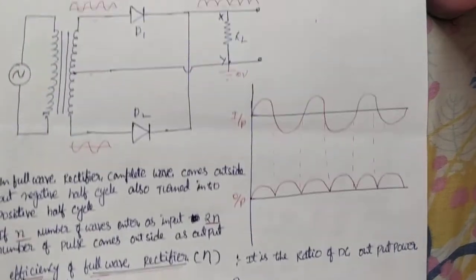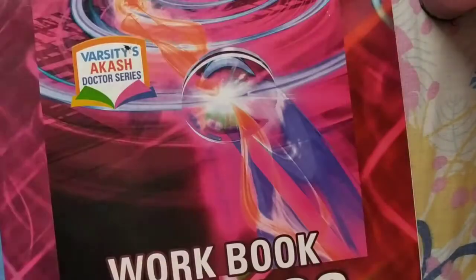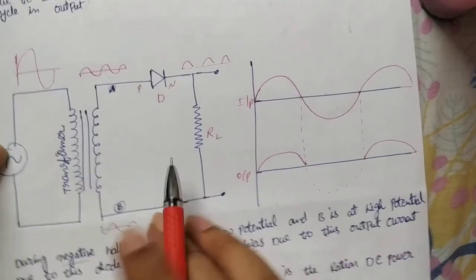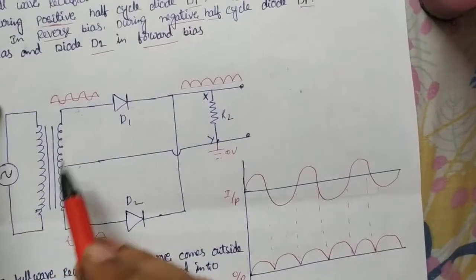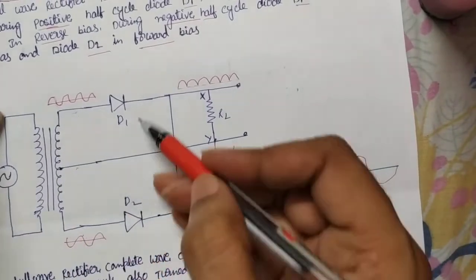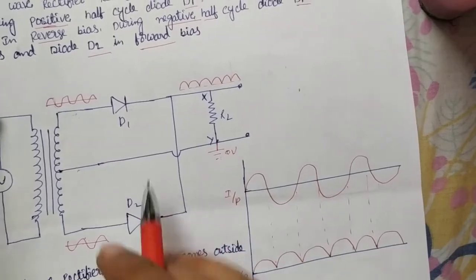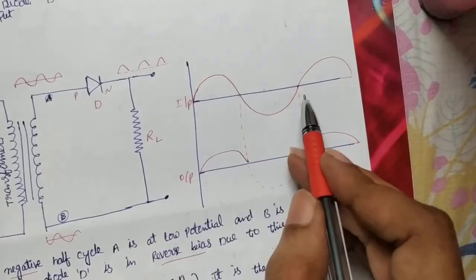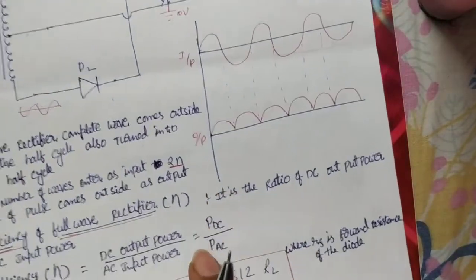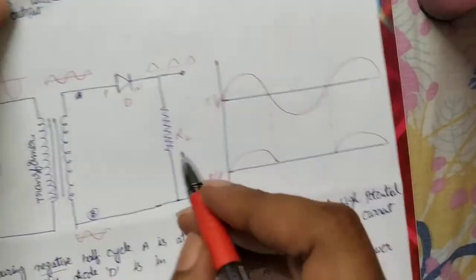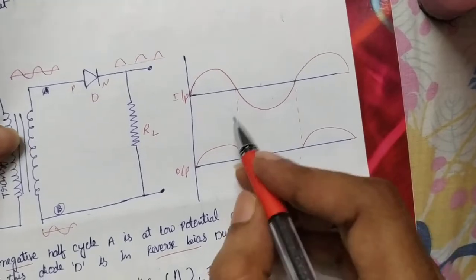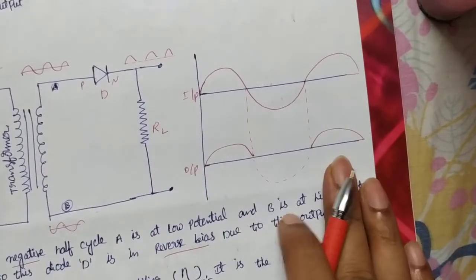What is the difference between the half wave rectifier and the full wave rectifier? There we use a transformer which has 2 inputs and 2 outputs. Here we are using 2 inputs and 3 outputs, with a center tap. Here we are using 2 diodes in the full wave rectifier. There only 1 diode is there. Half wave is rectified there and full wave is rectified here. About pulses, how many pulses are we getting? For one complete wave, 1 pulse we get outside. However many waves we send, that many pulses we get outside.